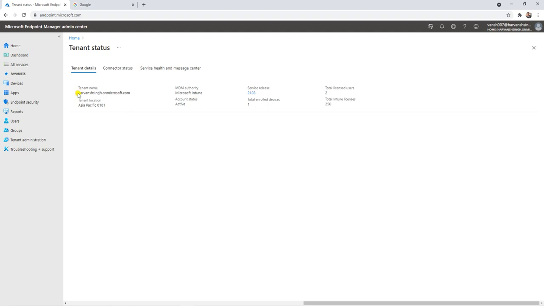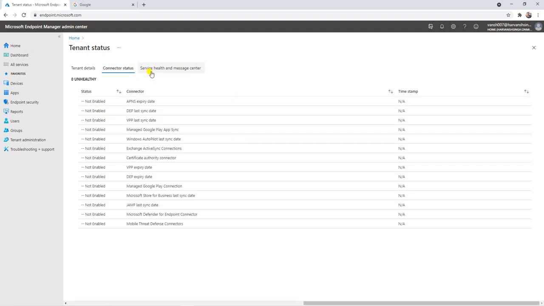If you click there, it will show you the tenant name, the MDM authority, the service release, and how many total licenses we used. I have two users, and the total license limit is 250 in my Intune. That's how you can check your tenant ID and the other details.